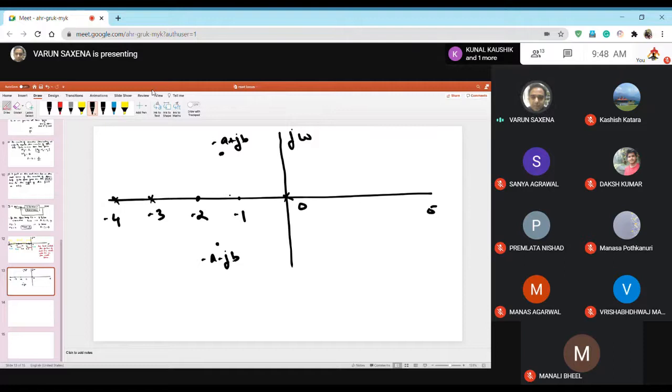But the point that I want you to understand here is that while calculating the region on the real axis where the root locus is going to lie, you will only be considering poles and zeros of the open loop transfer function that lie on the real axis and not complex poles and zeros of the open loop transfer function. That is basically the point that I want to drive you to in this particular example. Okay, let's move to the next rule.